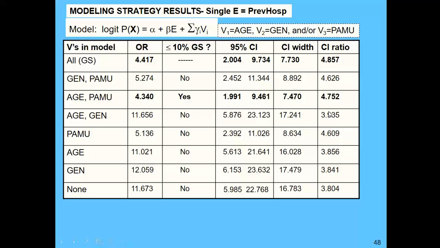Now, people tend to use the ratio when you're dealing with logistic regression because you've got this upper and lower bound, and suppose this was, instead of 2, suppose this was 5. You want to consider where the lower part of the confidence interval starts. That's a reason why people tend to want to use the confidence interval ratio. You could use either one, but